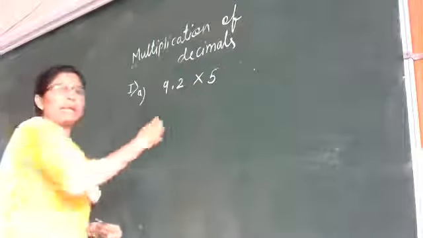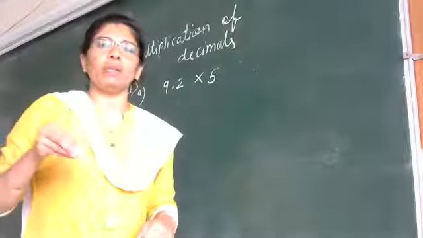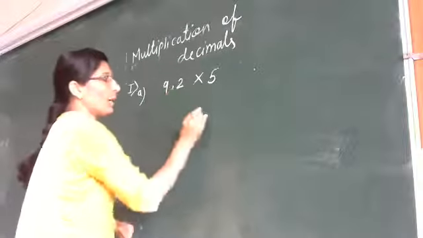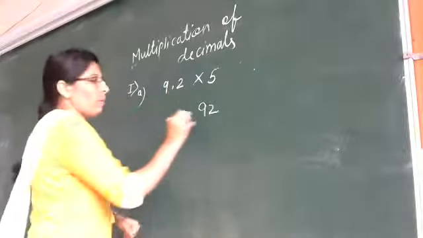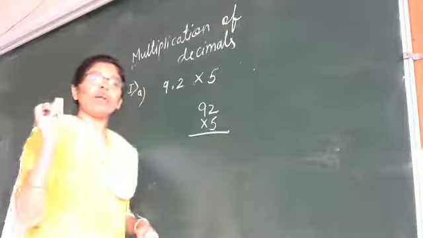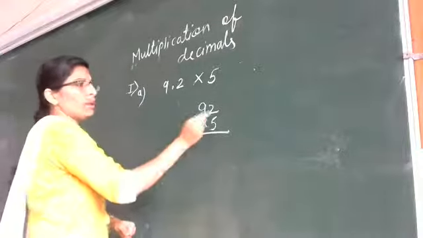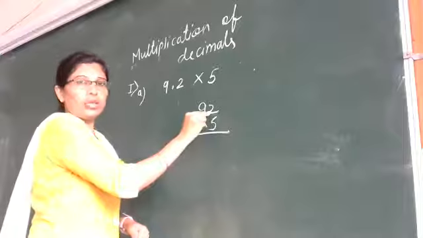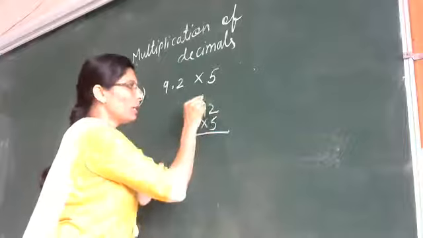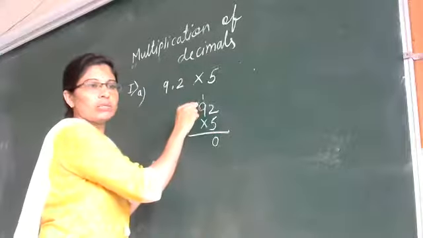Here, when we are multiplying, unlike addition and subtraction where we have to write the decimal point, for multiplication we do not have to write it. Directly we take 92 and multiply with 5 first, and then we put the decimal point. Here 9.2 is there, but I have taken 92 only. Now multiply. 5 2s are 10, 5 9s are 45 plus 1,